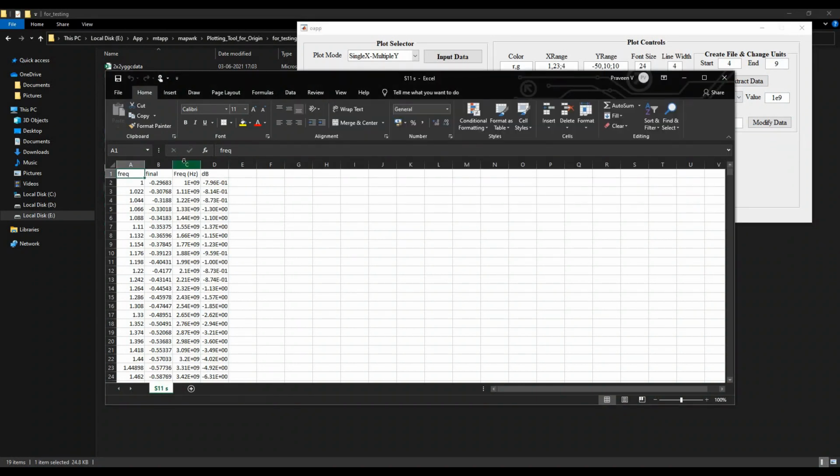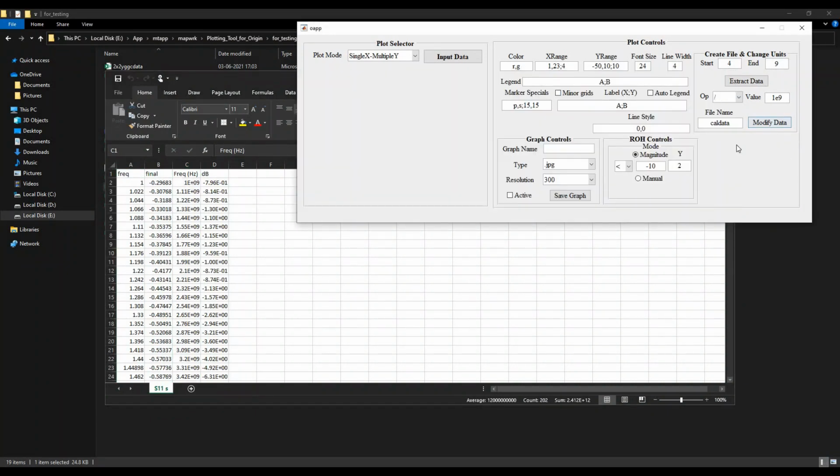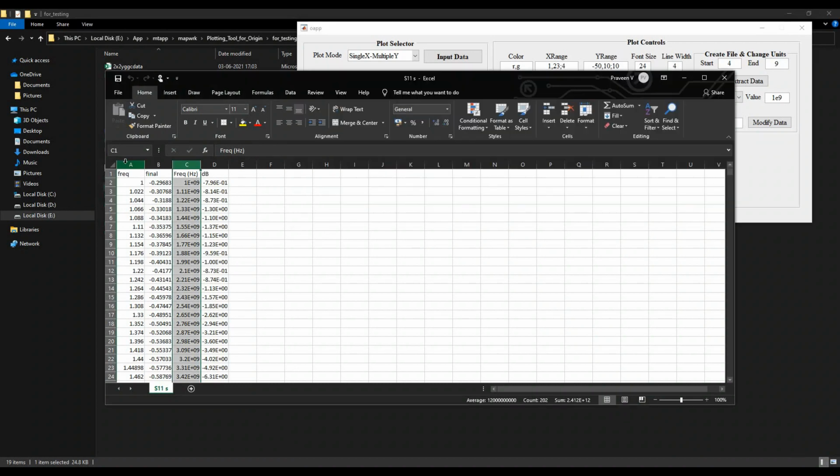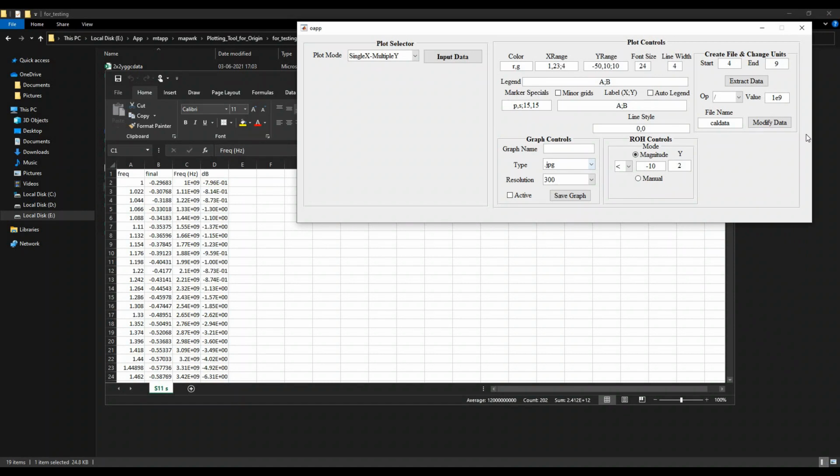So now I have an issue with this measured data being in hertz, whereas the simulated data is represented in gigahertz. So now I will convert this hertz data into gigahertz data. You can carefully enter the number of the column in this field, and you can choose the range of operations that needs to be performed on the column of the specified file. And I'm going with the division.